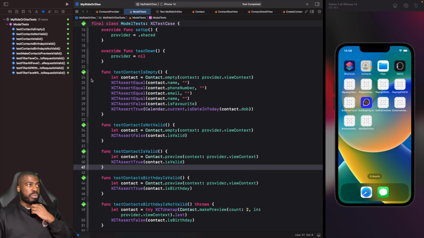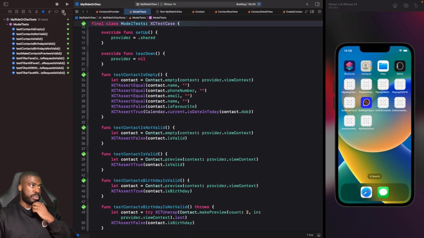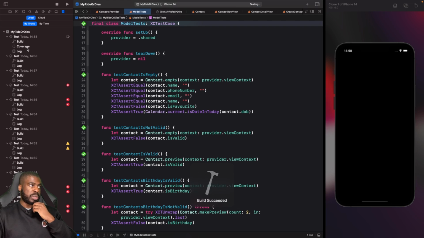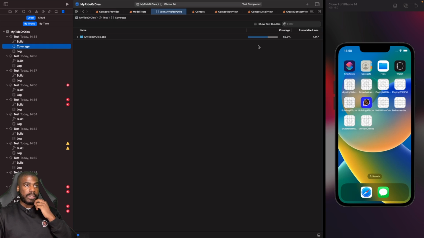Cool. So now if we run our test, and we can do that from here or by doing it in our class or hitting Command U on your keyboard, I'm just going to run it. If you go to your reports here, you should now see an option here called coverage. So this will tell us how much of our code is actually tested. So if I just go onto coverage, it tells me that 65% of our code has code coverage,